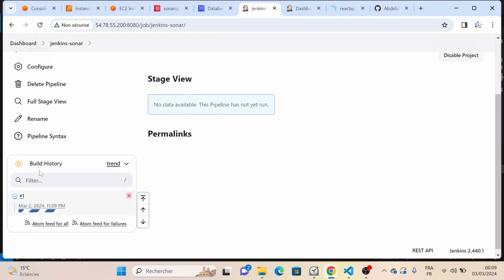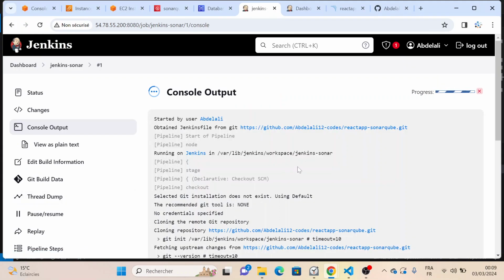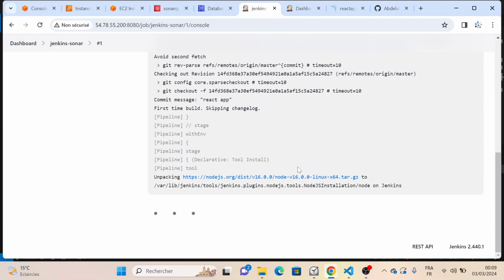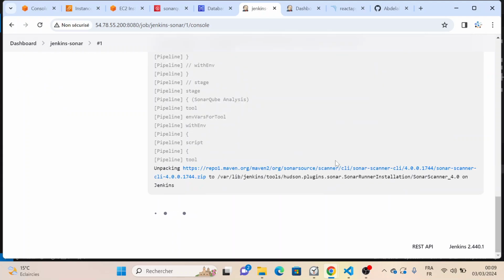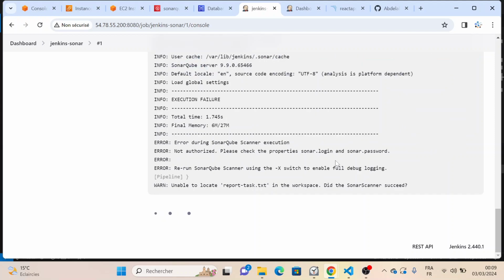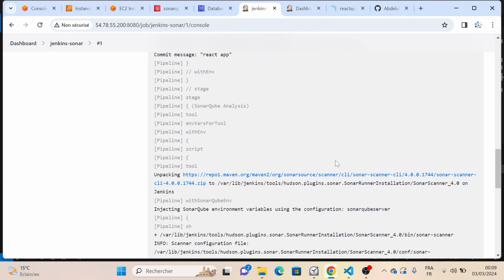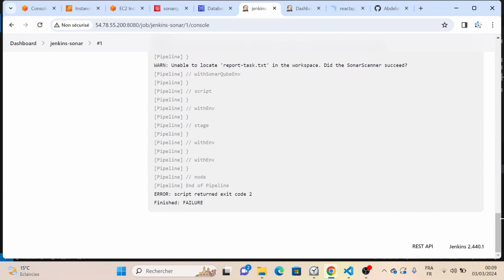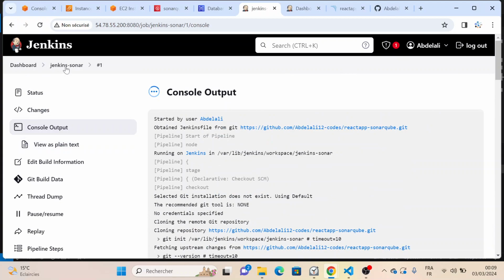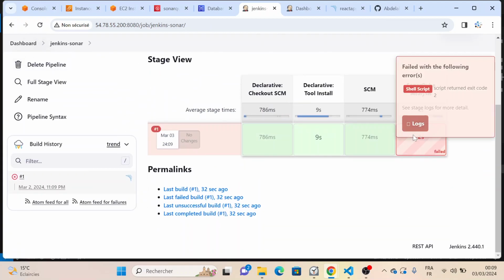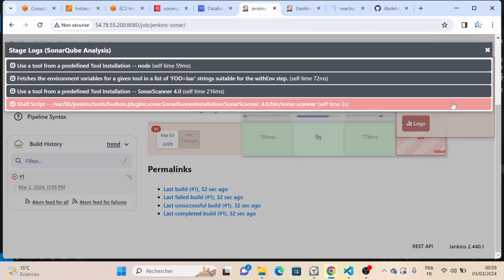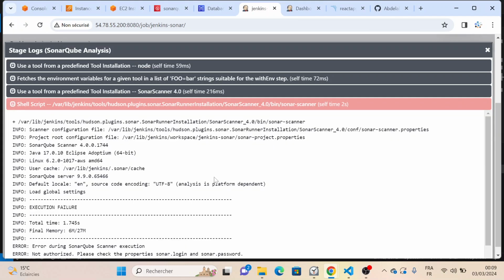We'll scroll down and you will see if any error happens, you will see it here. So I will click on the pipeline here. They can see the output of that. So I see the pipeline failed. If I go here and I expand this, it said